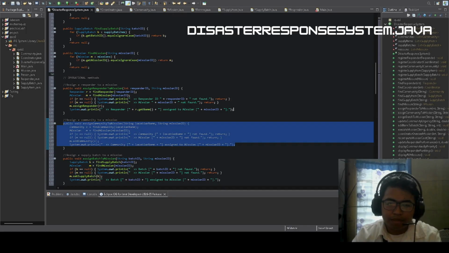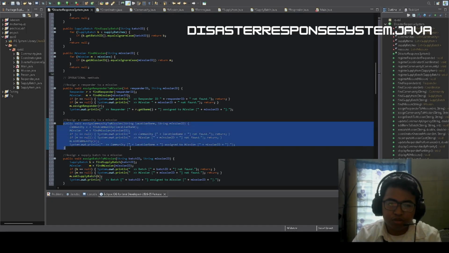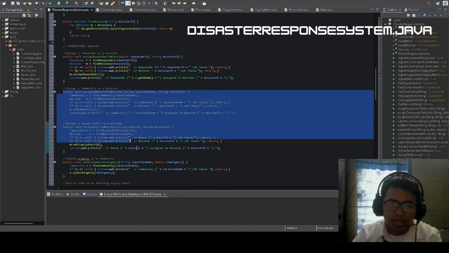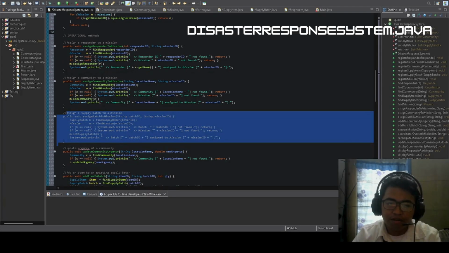Then next is assign community to mission and assign batch to mission, performing operational relationships essential for mission planning and the batch of supplies.